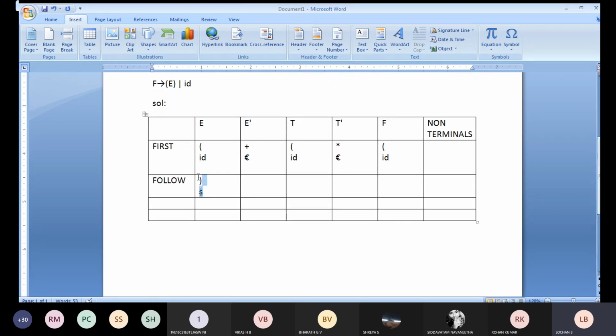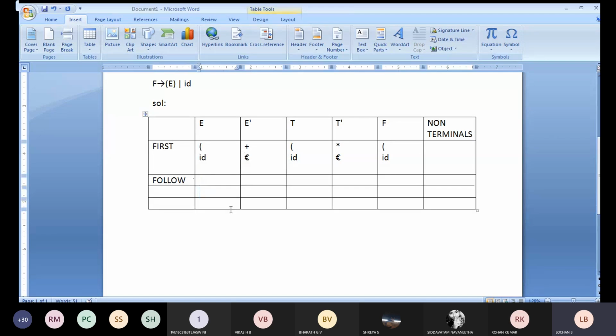See, whenever we need to calculate the follow, first which is the thing we need to calculate? We need to calculate the follow of E. Whenever we need to calculate the follow of E, we need to check in the question where the E has arrived. So in the question, E has arrived in this particular step. F implies this is what you got from the question to calculate your E value.